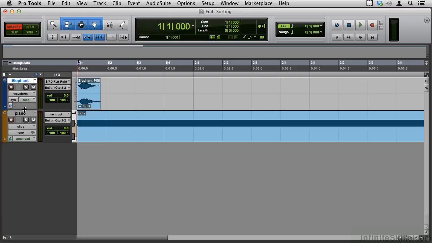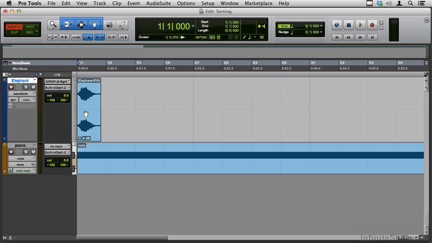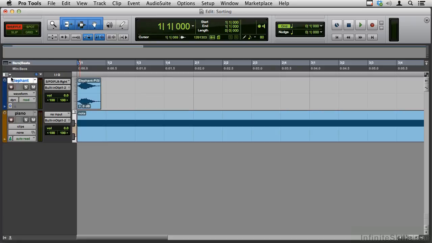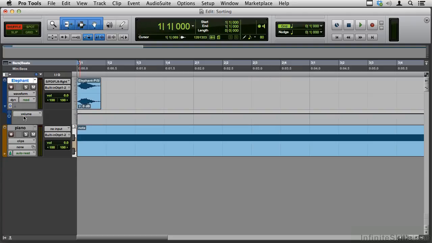Earlier we saw that we can adjust track height in a couple of different ways. We can grab the bottom of the track and adjust it this way. We can click on this ruler type device over here and reset it there. Another place to set it is this little triangle next to the track name, so we can change it back to medium over there. And at the bottom of this is a triangle where we can view overlays, other information